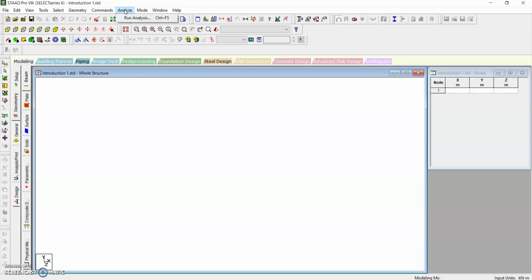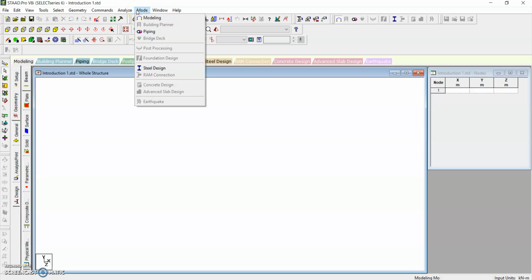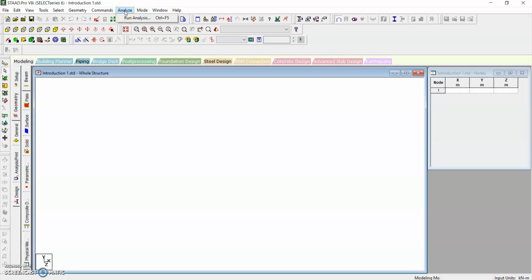This is the icon called analysis. Once the model is defined and properties are assigned, properties like material properties and structural properties, and loading is assigned, we'll go for analysis.